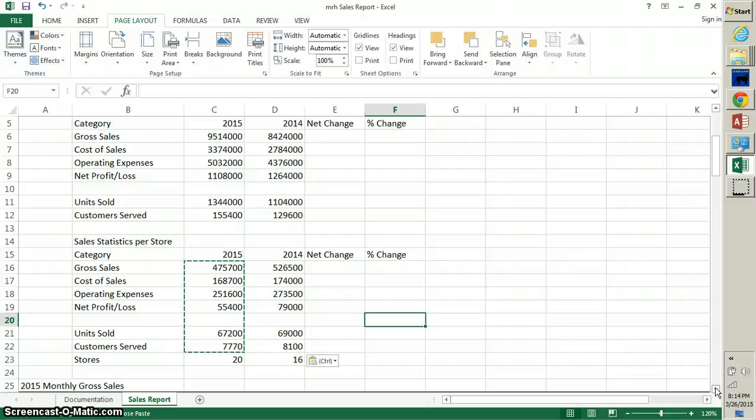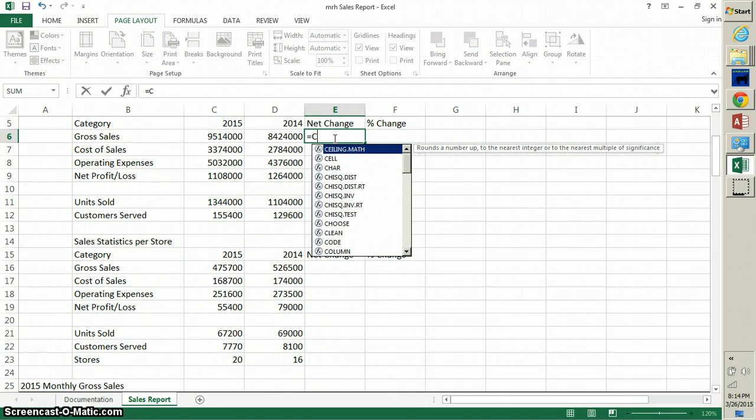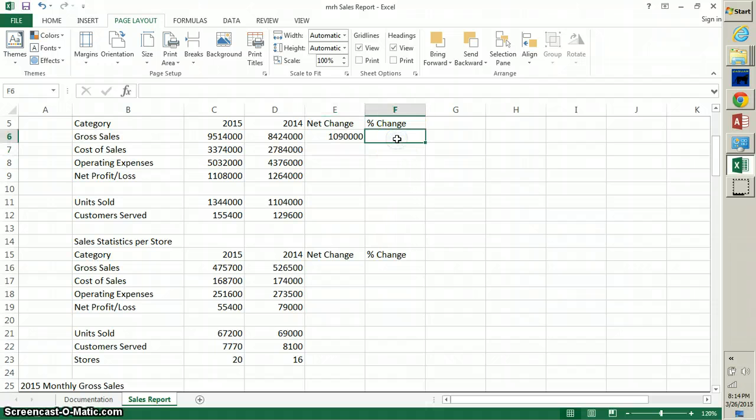Step 1, I need to go to cell E6. So I'm in cell E6, which is just beneath the words net change. I'm going to enter the formula equals C6 minus D6 to calculate the difference between 2015 and 2014 gross sales. So there's the difference. Now I'm going to move over to F6 beneath the words percent change